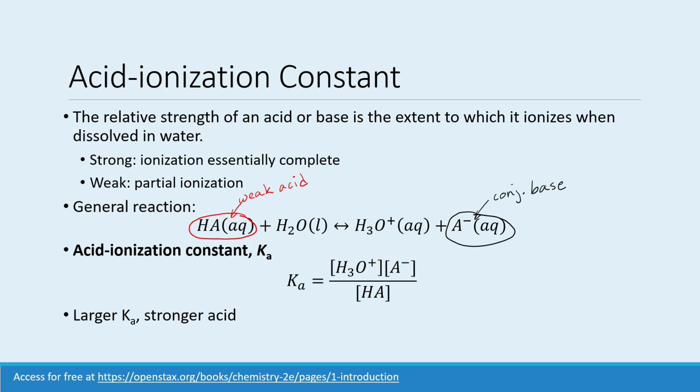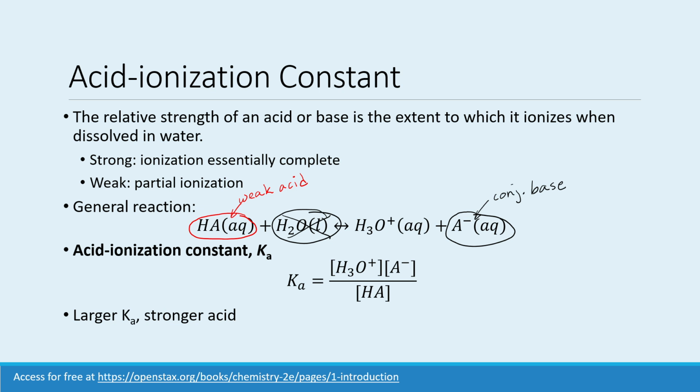Okay, and so if we establish an equilibrium constant for this reaction, we get the acid ionization constant, which we represent as Ka. And if you notice, water is not included in this, again, because water is a liquid, and so we ignore anything that is in the phase of a liquid. And that gives us our products, which are the hydronium ion concentration and the conjugate base concentration divided by the